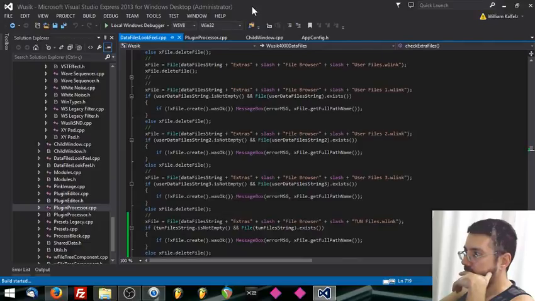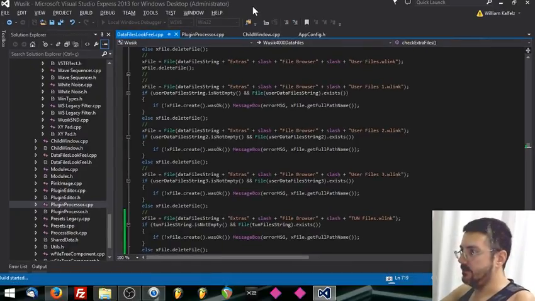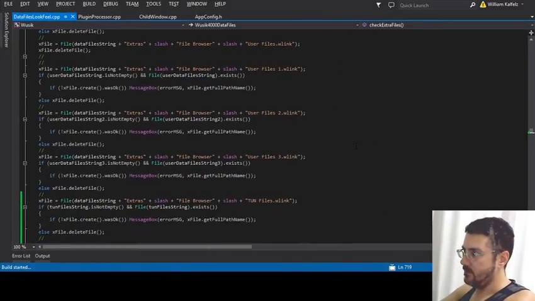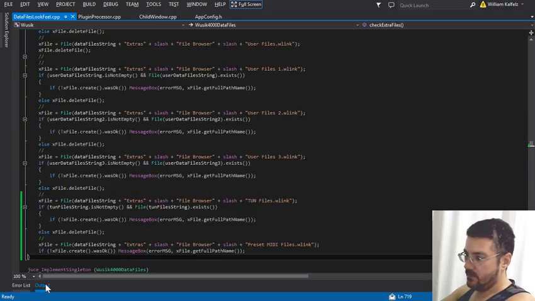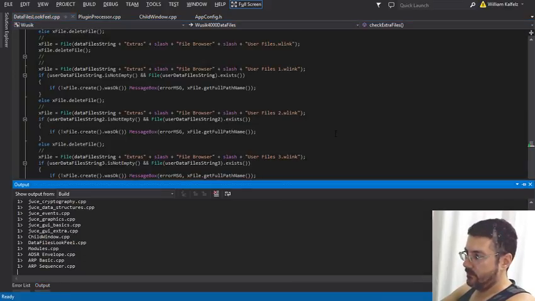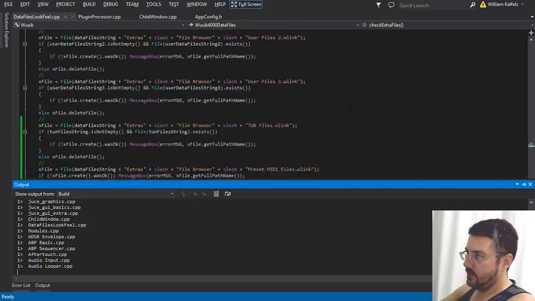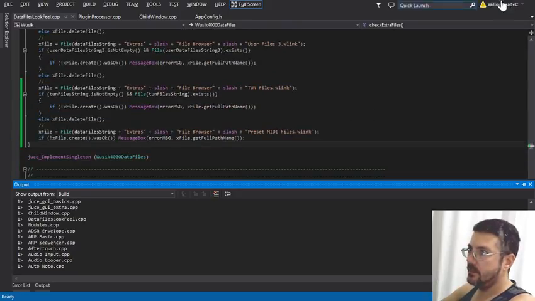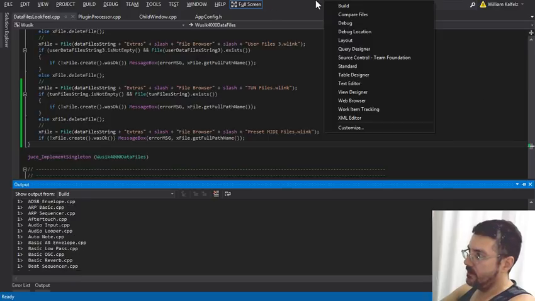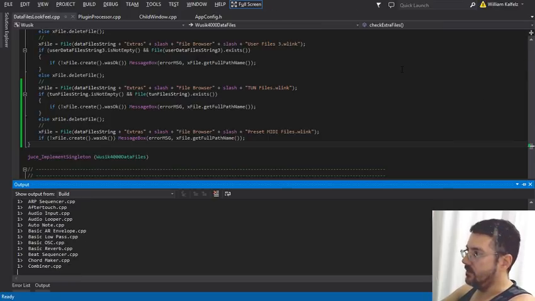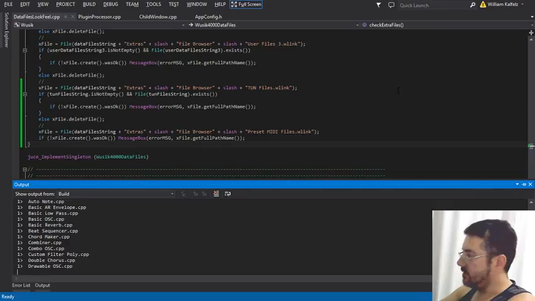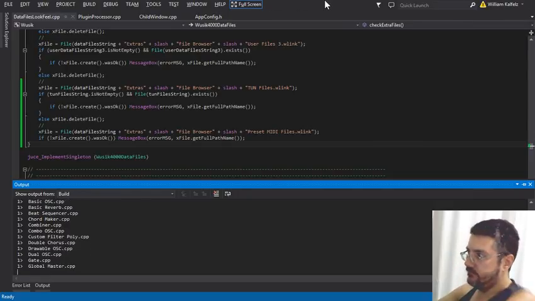Okay, what am I doing now? I'm going to create, because there's no need really to worry about the MIDI channels. All you want is to showcase the preset. So